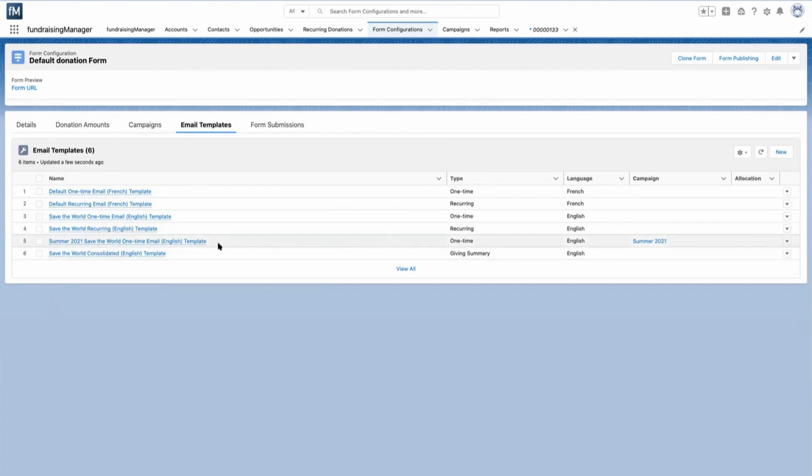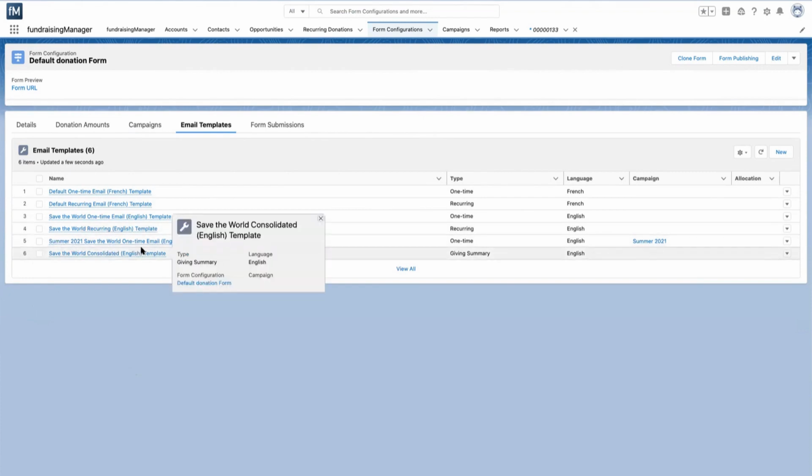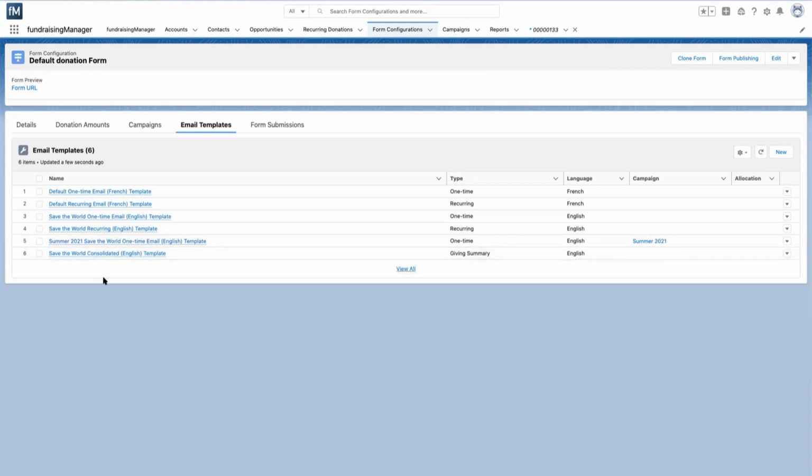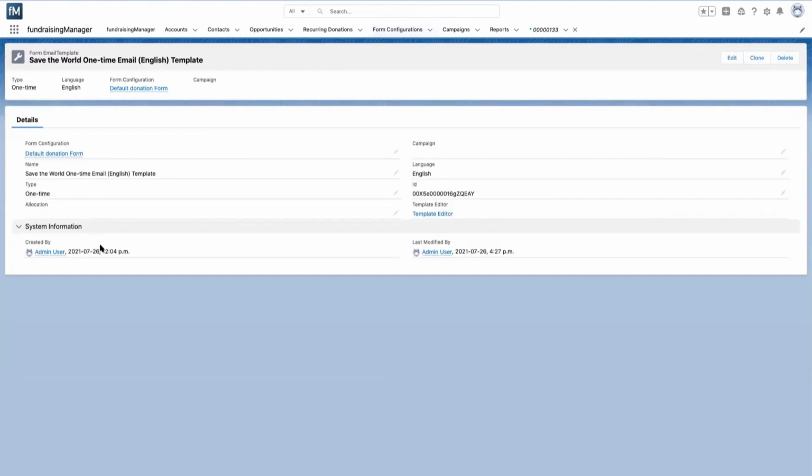One of these templates is unique to the summer 2021 campaign. So I mentioned if you want to have a unique email acknowledgement on a per campaign basis, you can do that. One of them is for the consolidated receipt that we've sent to the donor. But just having a quick look at one of these, I'll look at the one-time English donation receipt or acknowledgement. So if a donor makes a one-time gift and it's in English, they've completed the English form, they'll get this